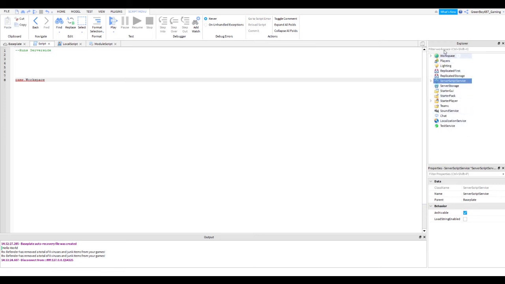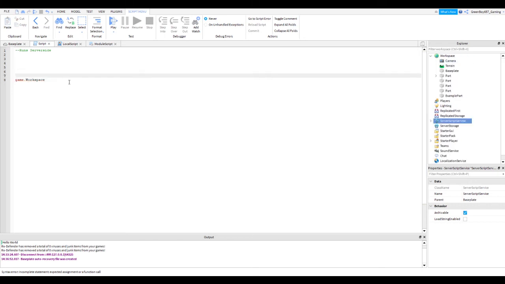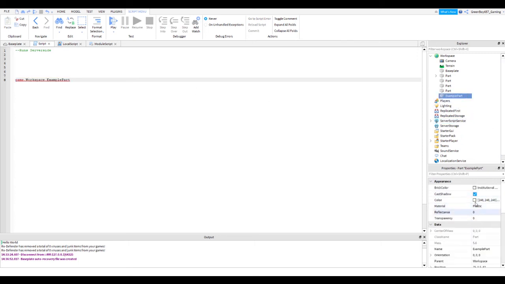All of these, they don't look like they have a parent, but they do. Their parent is game. So now that we reopen game.workspace.example part, we found the game, then we found the workspace within it, and then we found the example part. And now we want to change the example part's